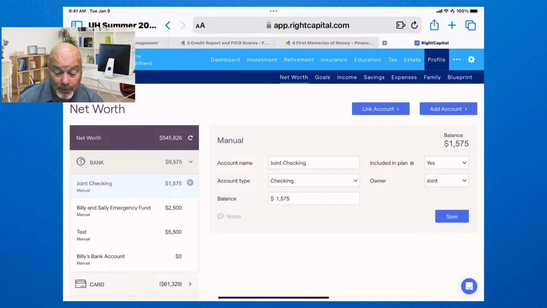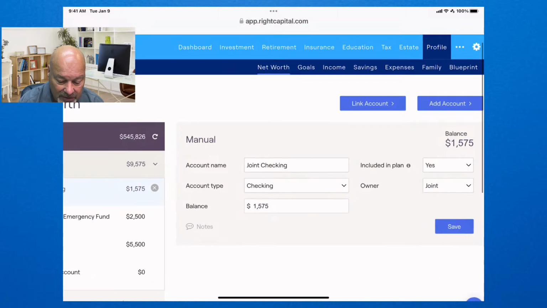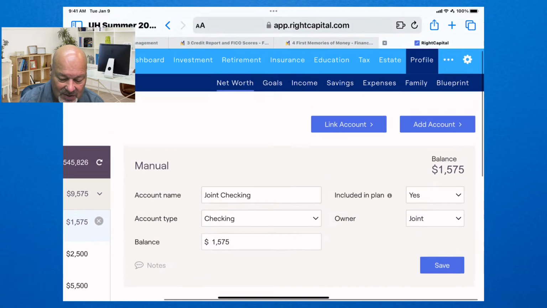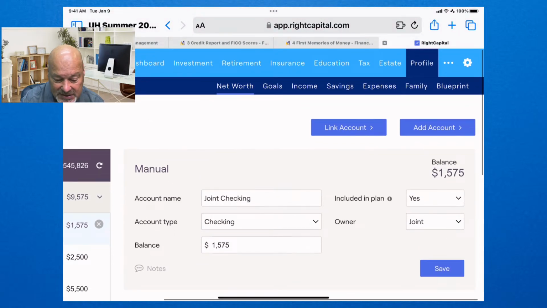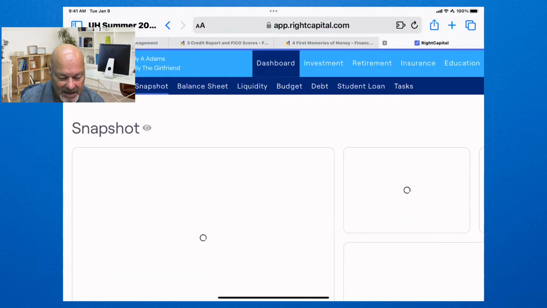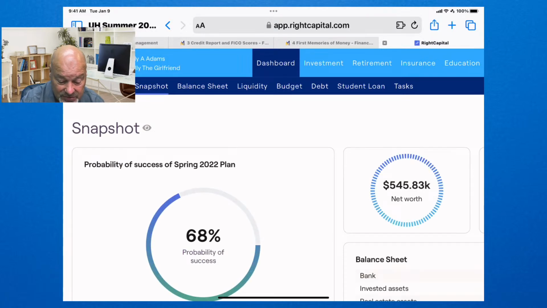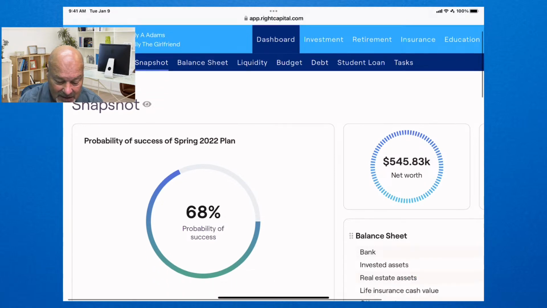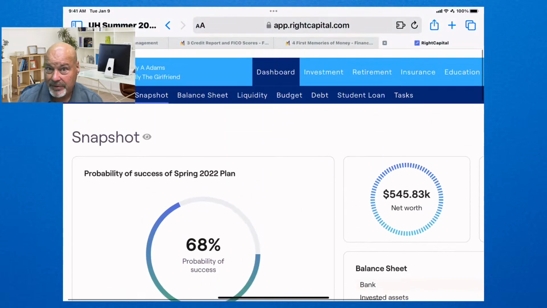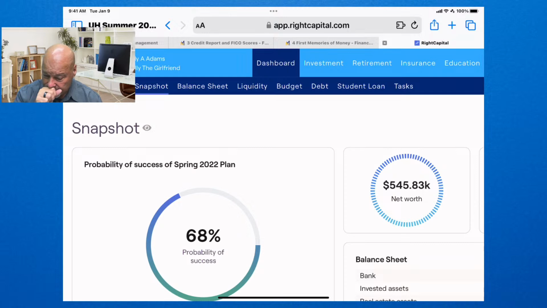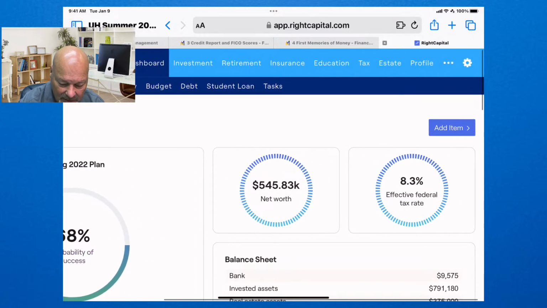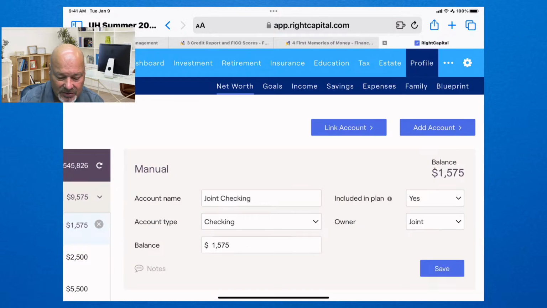So a big important part, I'm showing you these 6 cards. I'm under Profile right here. You can see if I go to the left, we go to Dashboard. You'll have your dashboard, and you'll be on your snapshot, which is probably pretty empty right now. But what I want you to look at is Profile, because this is the first thing you're going to do.